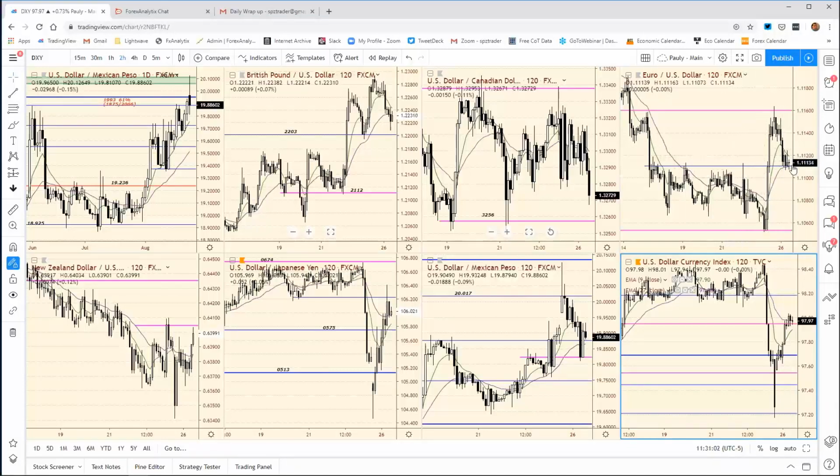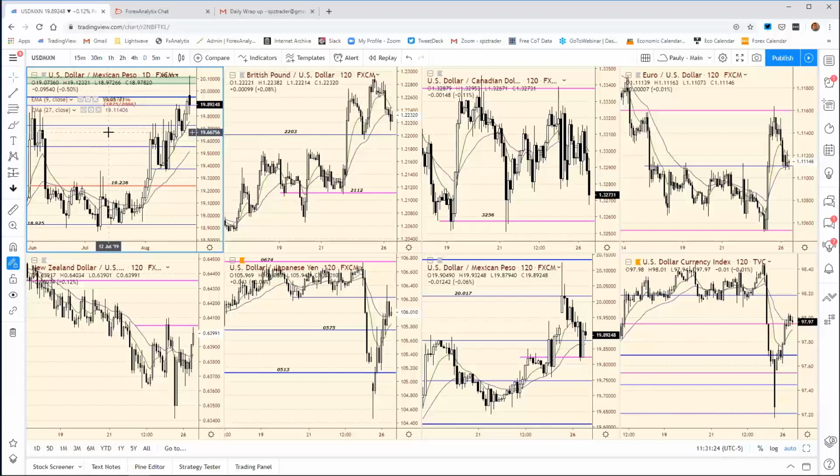I pointed out that I was long this morning. I got out on this run at 1.1120 with just a stop so I could lock in a few pips of profit if it dropped back. Sure enough, it did drop back. And I really wasn't interested in getting back long again until it proved itself, because I thought there was potential for us to just push those stops, because one of the reasons is that we covered on Face this morning,